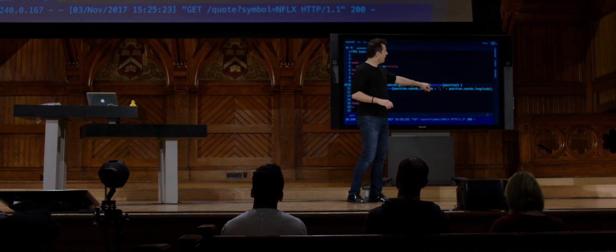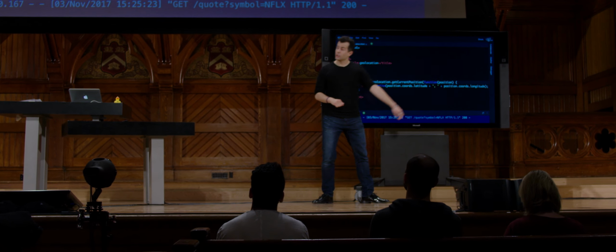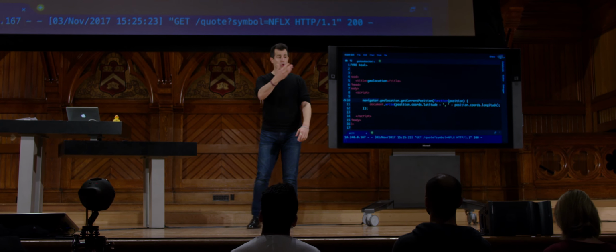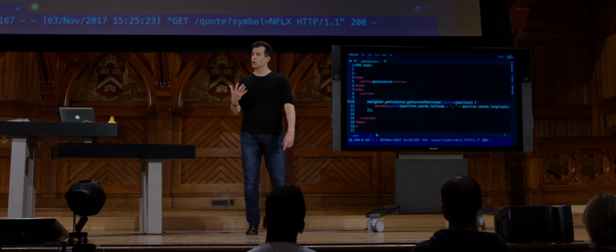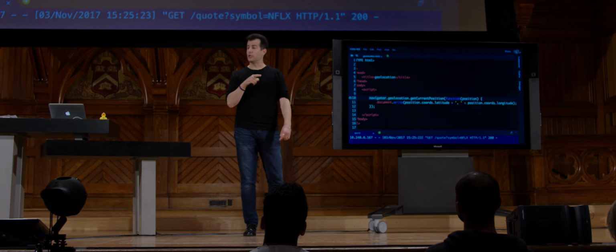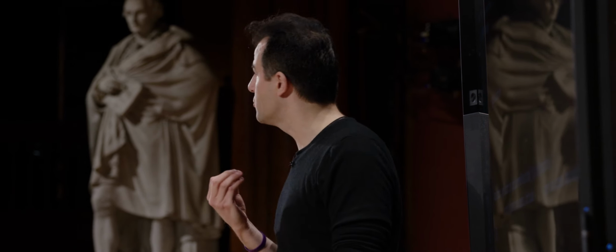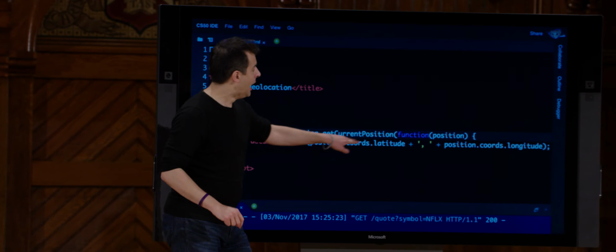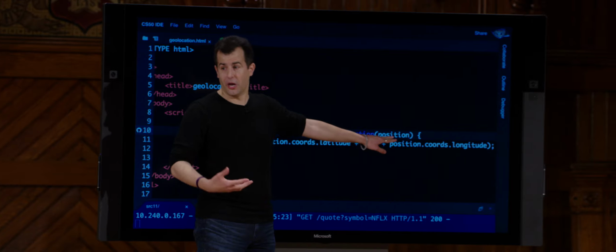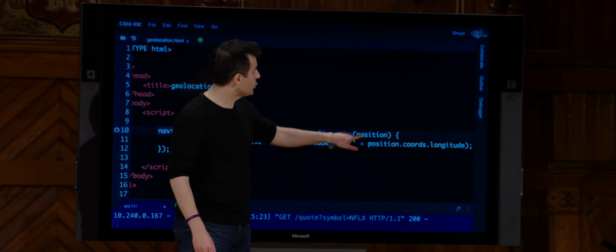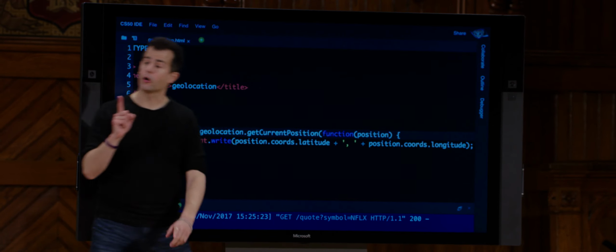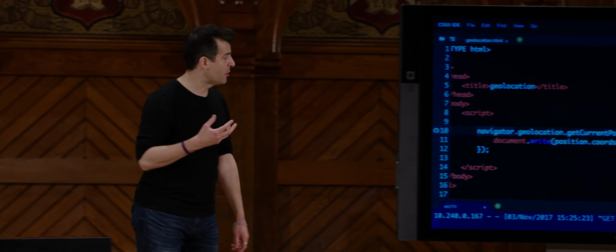So that's a good opportunity for an asynchronous implementation, to use a callback like we did with Brian, so that when the browser does figure out my location, let me know, so that I don't see some annoying beach ball spinning until that answer comes in. So how do I do this? I call getCurrentPosition. I pass in an anonymous function, though it could have a name, but it doesn't need it, an anonymous function that takes, per the documentation, one argument called position, which is going to be a special object